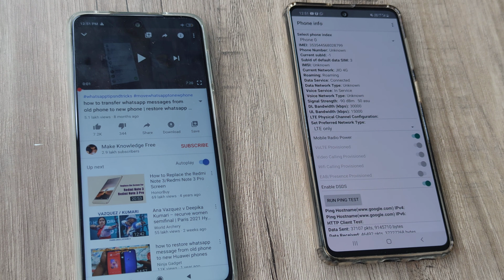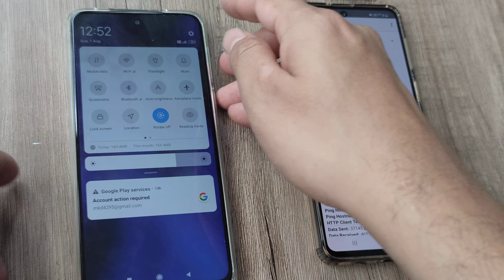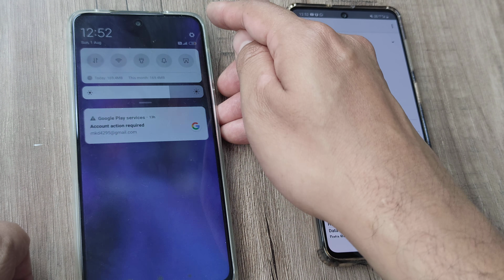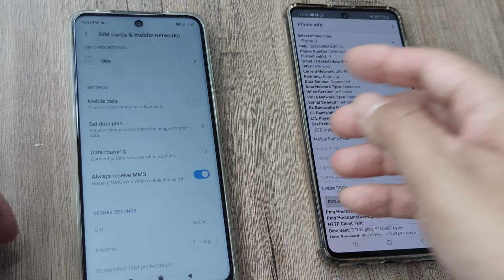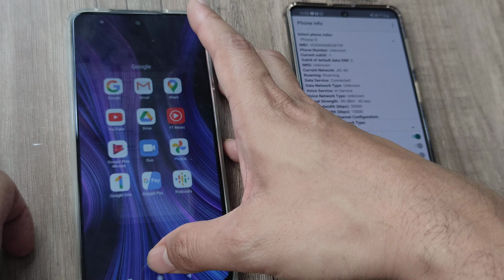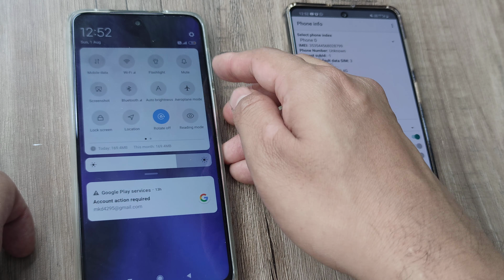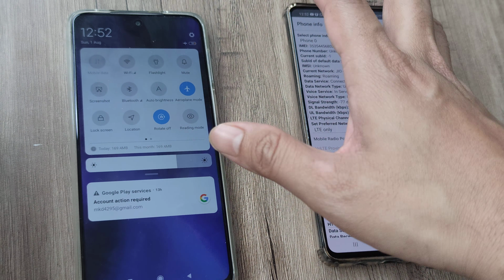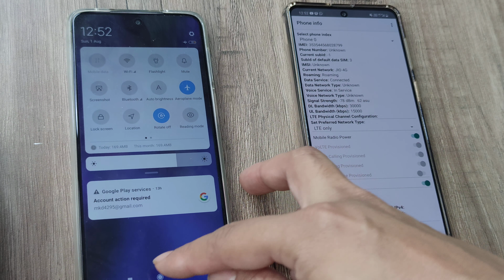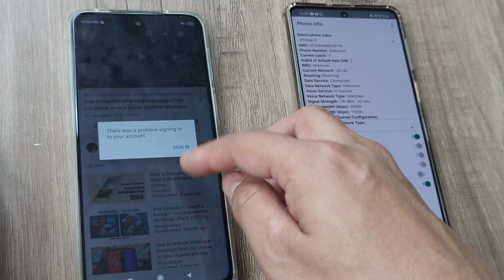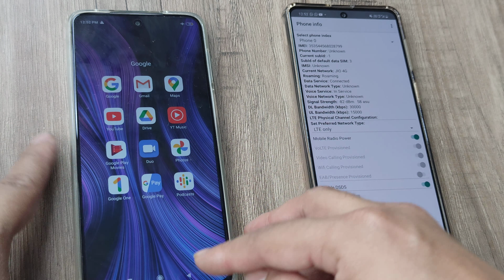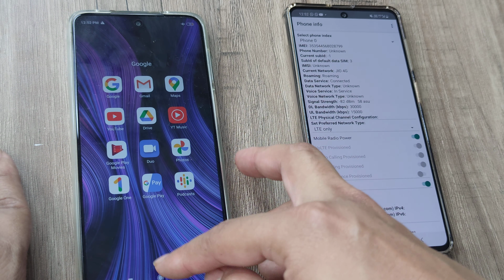So how does this happen? Before we begin, I want to do this right from scratch. I want to show you what kind of SIM card manager I have. I'm using an Idea SIM on my SIM tray 1. Now I will enable flight mode so that I don't have any internet coming from mobile data or Wi-Fi. Presently I can't use the net, so even if I go to my channel, you can see it shows offline. Okay, now let me begin with the steps that I need to take.